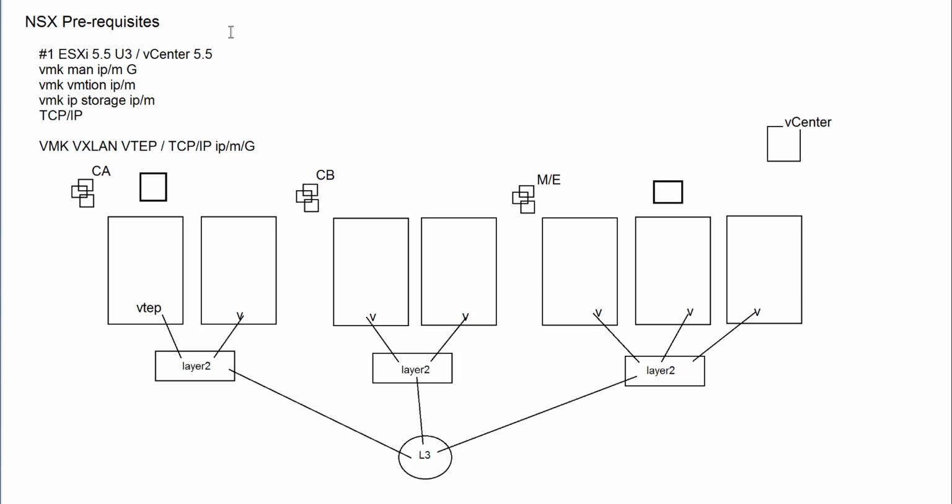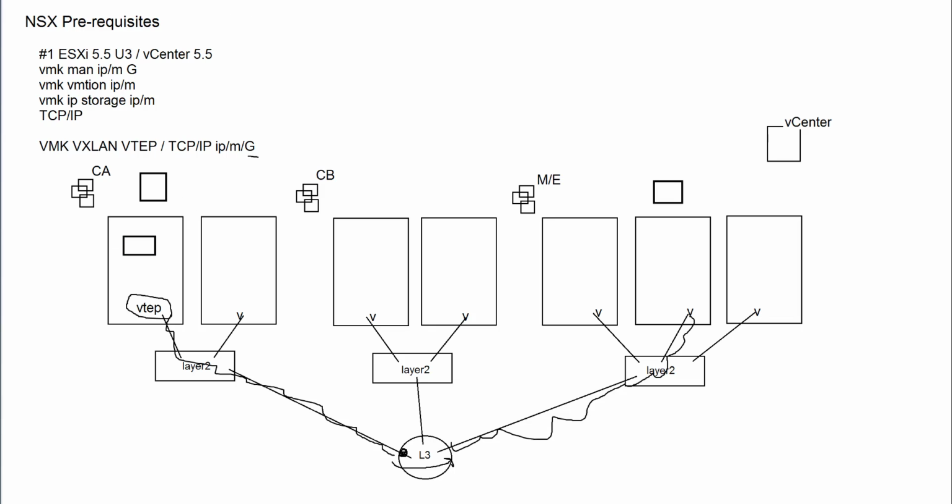So basically what this means is that if I don't have 5.5 and I try to deploy NSX, my VTEP would not have a gateway. So my traffic would not have a way to get to this IP address here to forward the traffic across the layer 3 to reach my destination. So I could take the layer 2 packet,